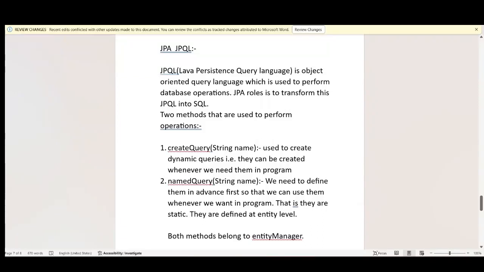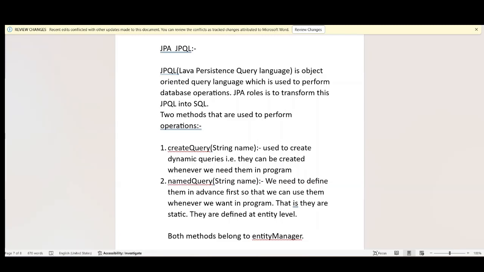Hello everyone. So in today's video, we are going to see the new topic, that is JPQL. Now, what is this JPQL? As we have SQL queries, in order to manipulate the records that are present in the databases, like we have different queries to insert the data, update the data, here also we have JPQL query, which is nothing but the Java Persistence Query Language, which basically manipulates the